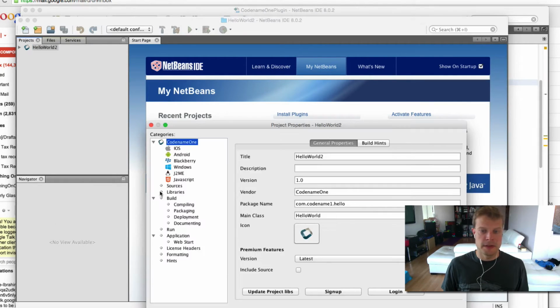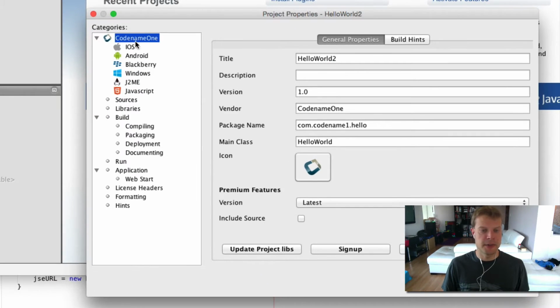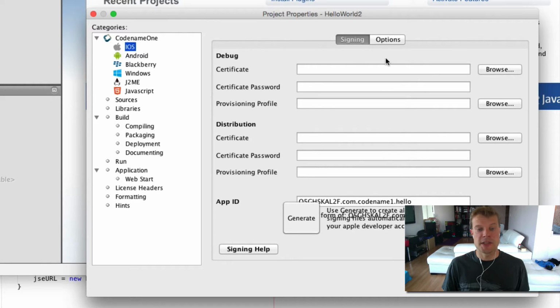So if you've deployed anything to iOS or built for a device, then you'll be familiar with the Properties panel and specifically the iOS part of it, where you've got to enter all this information, the debug certificate, password, provisioning profile, certificate. This is the bane of my existence. So we created a wizard so that instead of having to generate all this stuff manually step by step, you just hit generate